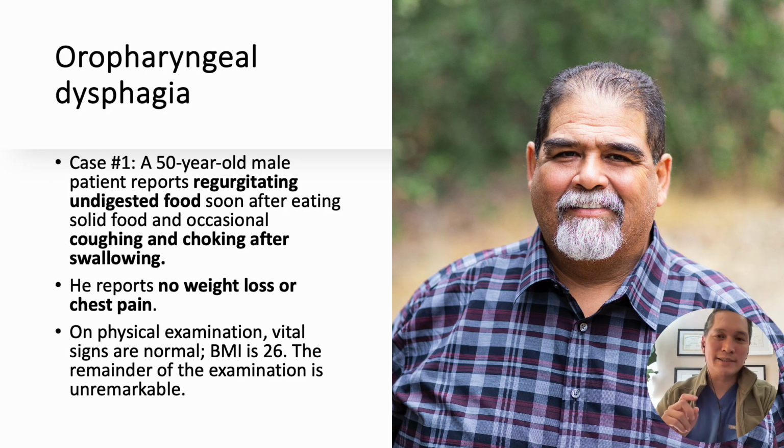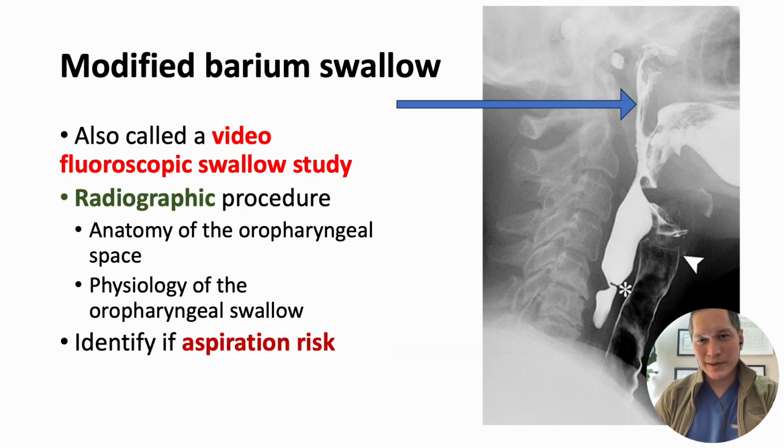So let's go back to case number 1. As you remember, this is a 50-year-old male. He has difficulty moving food from the mouth to the esophagus. We now know that he has a diagnosis of oropharyngeal dysphagia based on the clinical manifestation. But how do we confirm this diagnosis? What is the intervention that we need to order to confirm that this patient has oropharyngeal dysphagia? So if the patient presents with clinical findings related to oropharyngeal dysphagia, the next best step really is to order